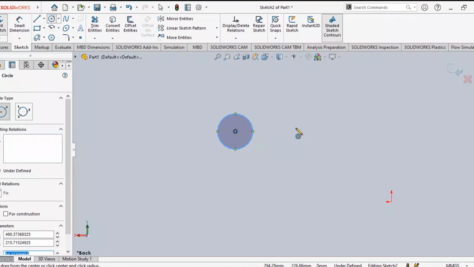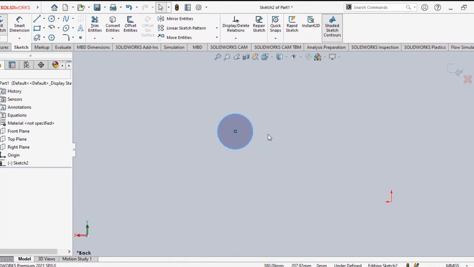This circle we made. Green check, circle is made. Next one, I am to make this one with multiple numbers of same thing you want to make. That can be made in the form of circle, it can be made in the form of linear pattern also. So patterns, what we have, there are different options.